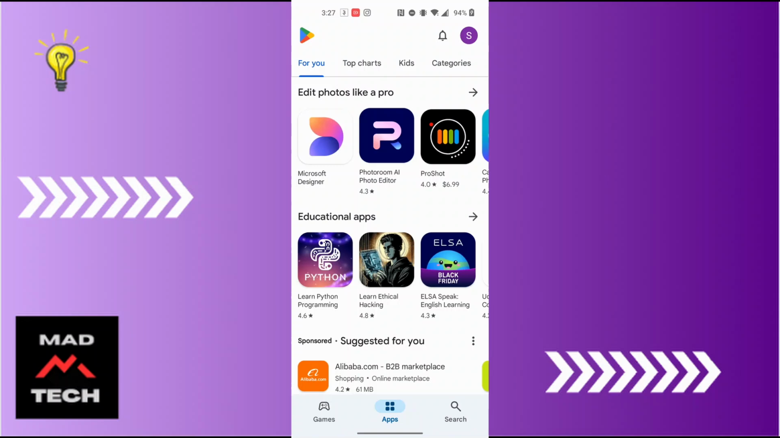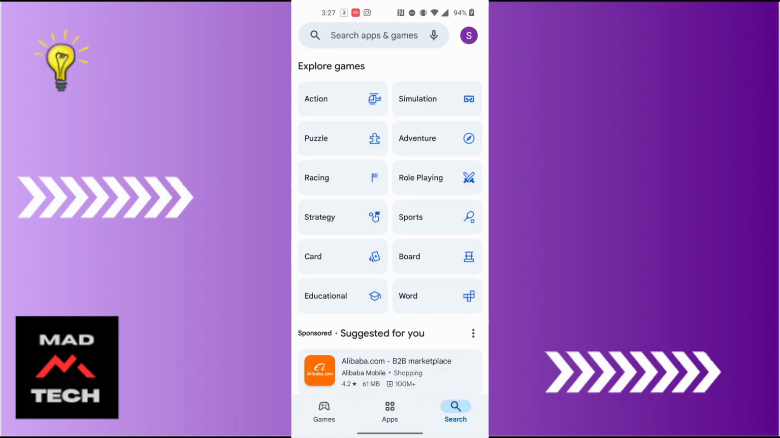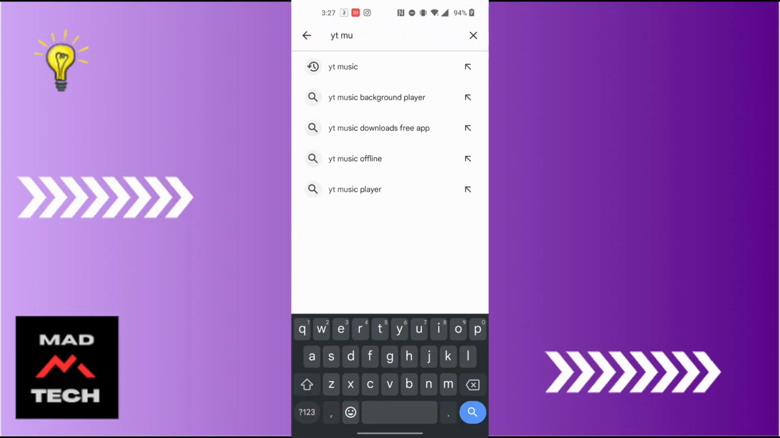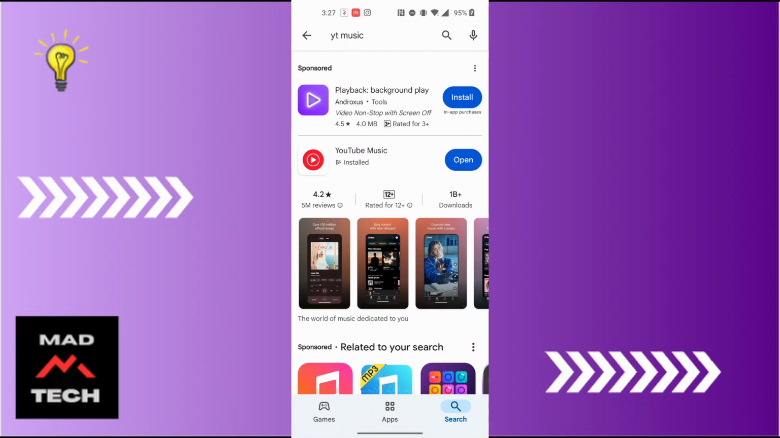And on the Play Store at the bottom right corner of the screen, you can see your search button or the search icon available for us. Tap on the search icon at the bottom right corner of the screen, and tap on the search bar at the top of the screen and search for YT Music over here. And when you land over here after searching for the YT Music app, tap on the YT Music app over here,